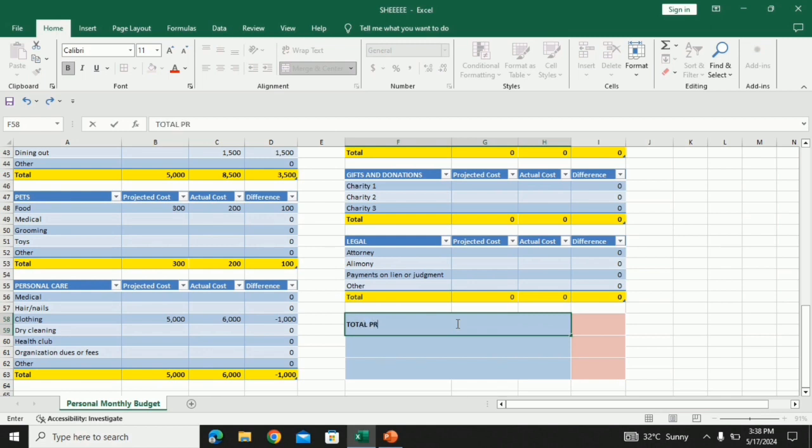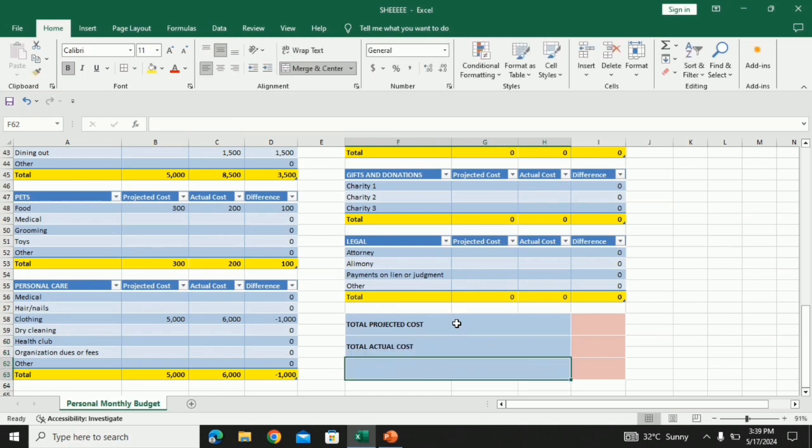Input total projected cost, and then total actual cost, total difference.